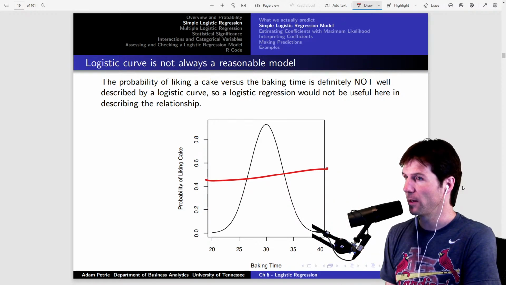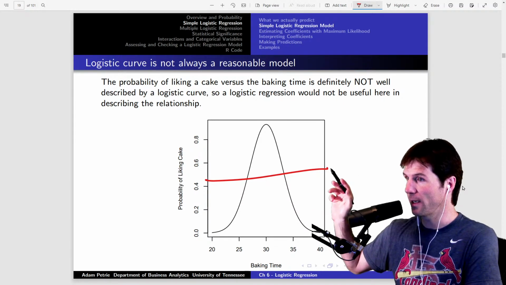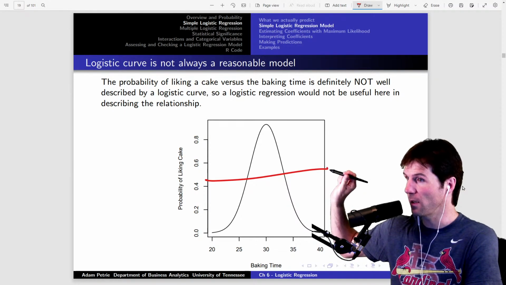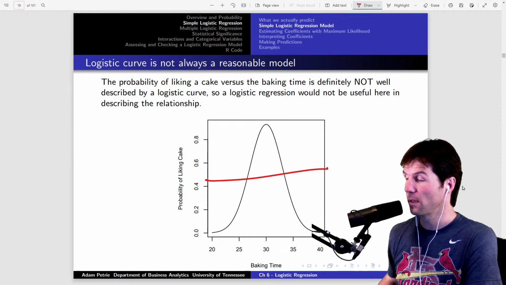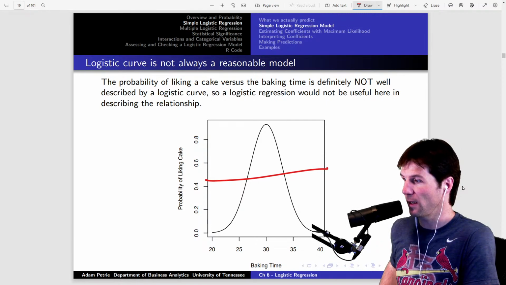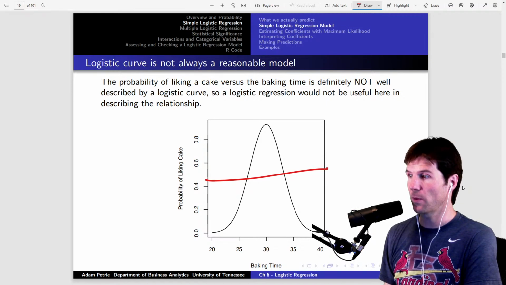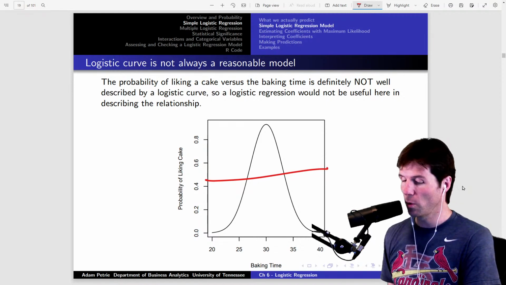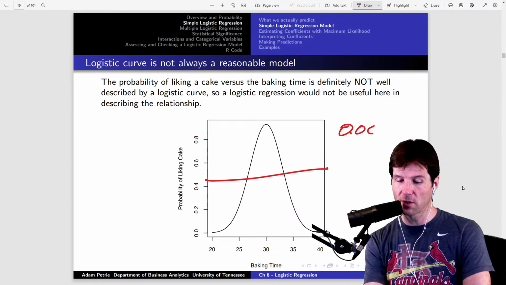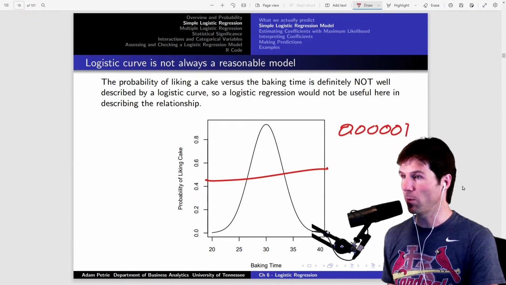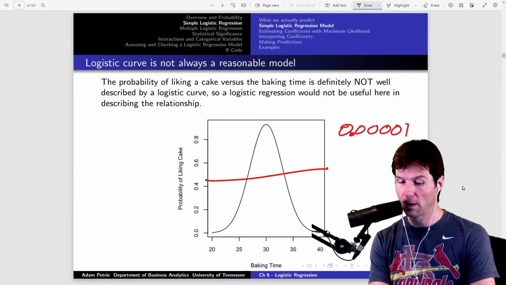Putting an S on this is a good or bad idea. If I put an S to this, is that a good idea? Should I try to fit an S to that data? Yes or no? Should I be trying to fit an S right here? That's a bad idea, right? I shouldn't do that. So when the p-value comes back low, it's informing me, when I'm checking the regression, that this was a bad idea,